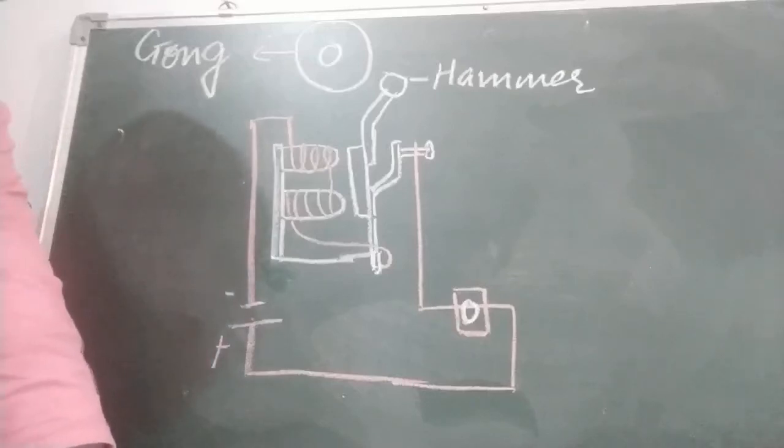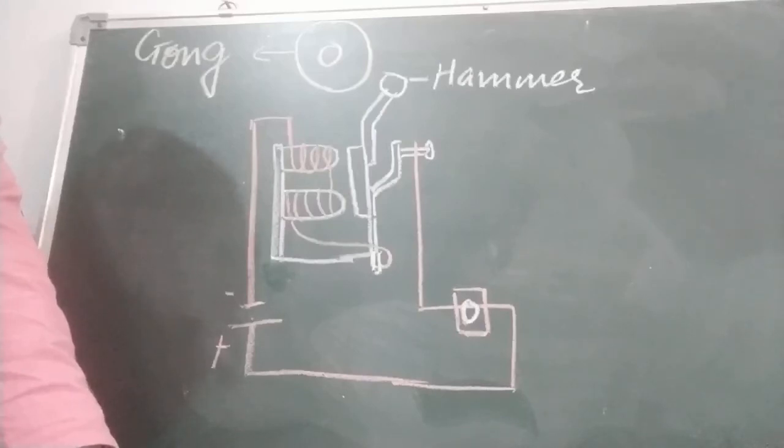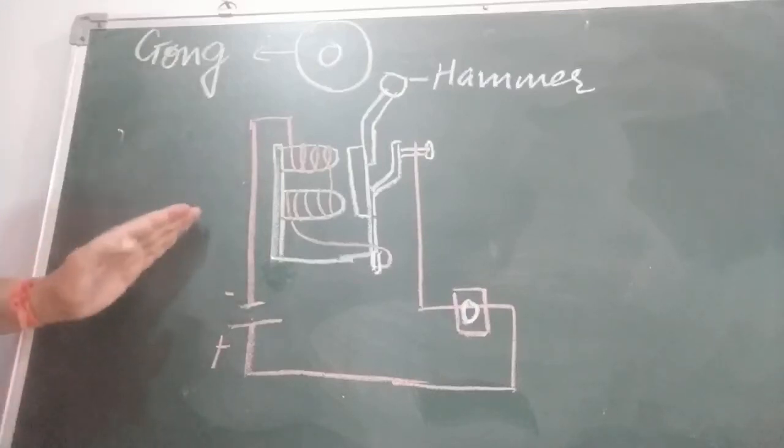Okay, children, we are going to discuss uses of electromagnets. Electromagnets have a wide range of use in all sorts of devices. In maximum devices we use electromagnets. They are also used in cranes to pick up cars in a scrapyard. Last year I told you. And also to separate iron from garbage dump. They are also used in loudspeakers, telephones, and in electric motors, electric fans, washing machines. So in various gadgets we use electromagnets. Electromagnets are also used in electric bell.